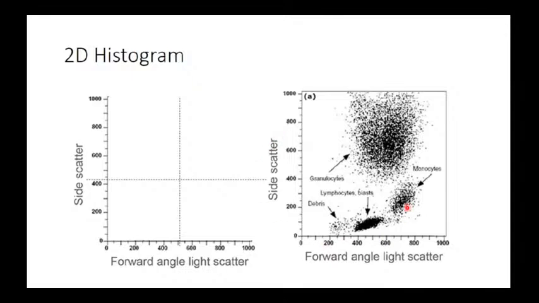So what we see here is an analysis of white blood cells. This is side scatter and this is forward scatter light. What we see here is a group of cells which are very complex cells, because they give high signal on the side scatter detector, and they are medium inside. They are not so big and they are not small, so they are medium inside. Obviously, these cells are granulocytes, because granulocytes, like eosinophils, basophils, and neutrophils, are medium inside, but they are very